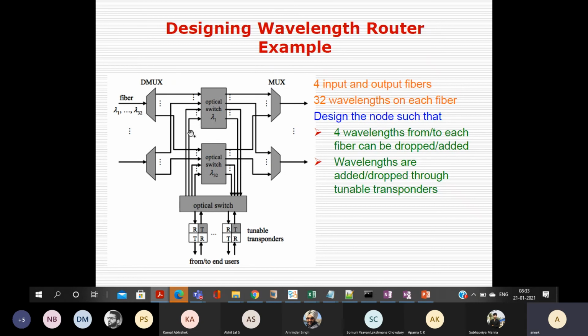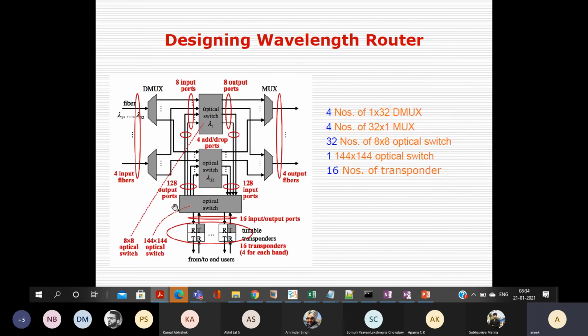Since you want to drop, on this side you would require 4 output ports: 4 output ports for the 4 outgoing fibers and 4 output ports for the local drop. So these optical switches should have a dimension of 8 cross 8, and you require 32 such switches. That's why your optical switches are 32 in number, each with 8 input ports and 8 output ports. So 32 numbers of 8 cross 8 optical switches.